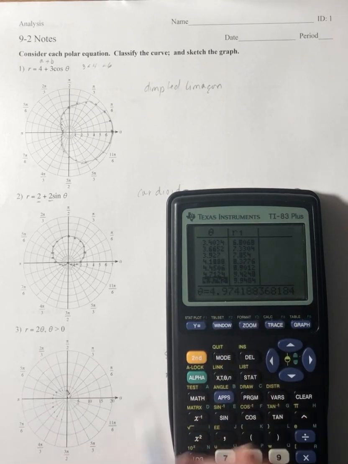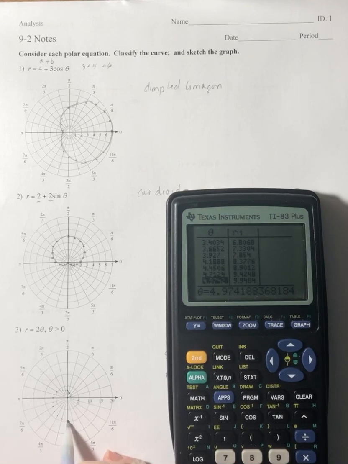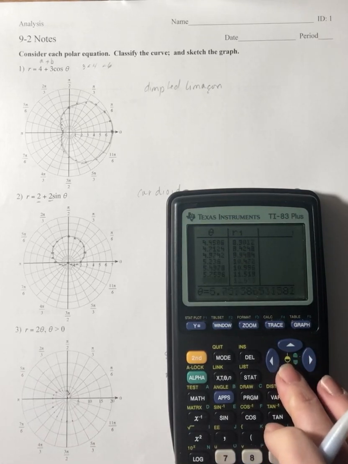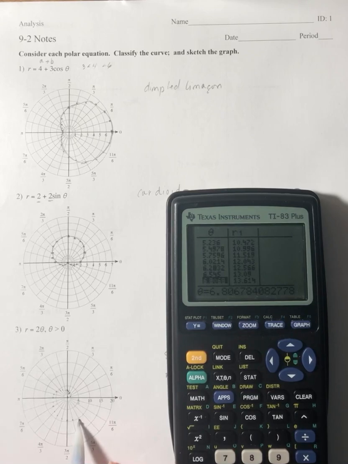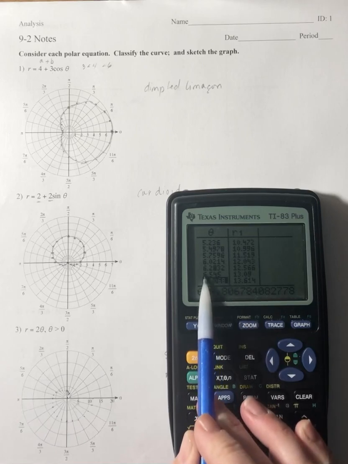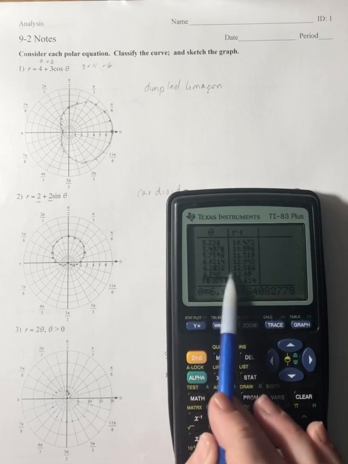At 3 pi halves, I'm at 9.4, and then 9.9, 10.4, 11.5, 12, 12.5, and then at 2 pi, I'm at,